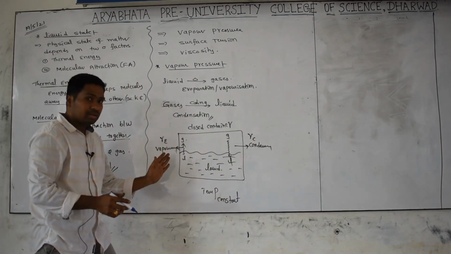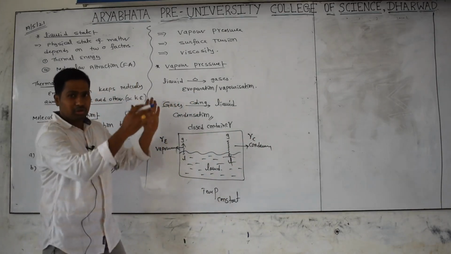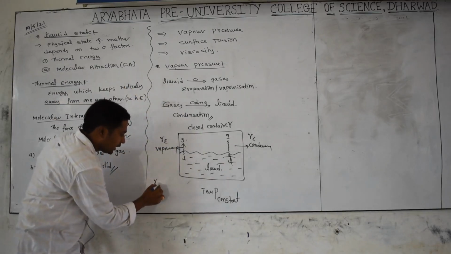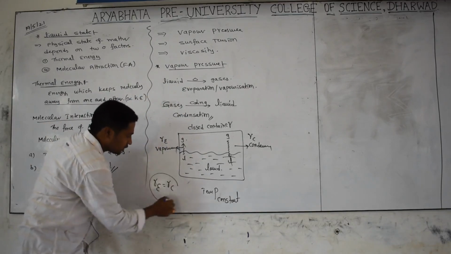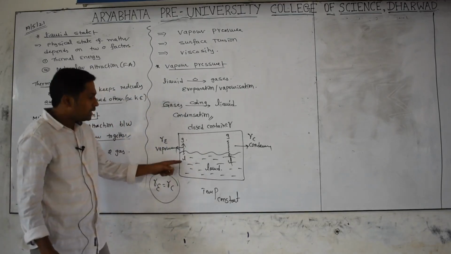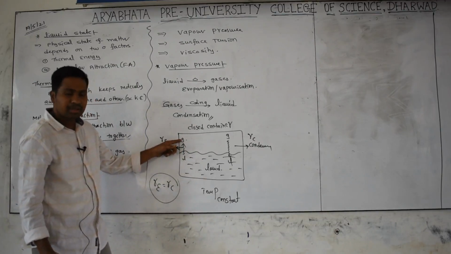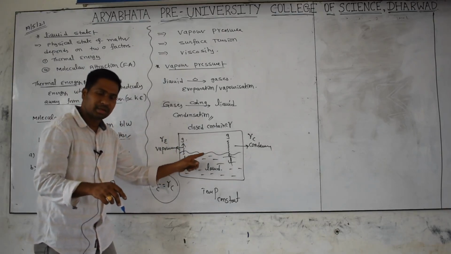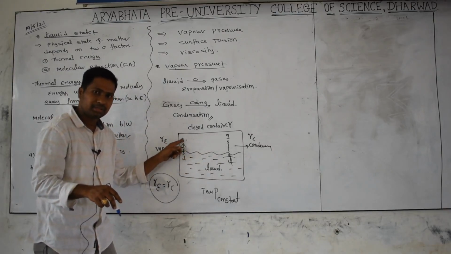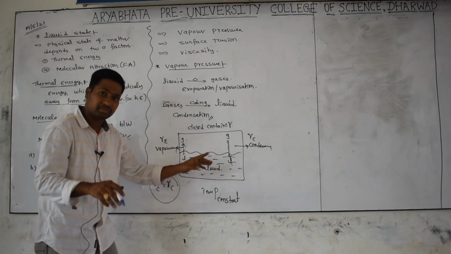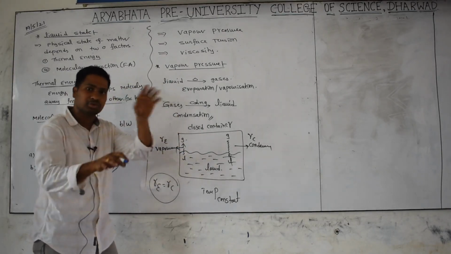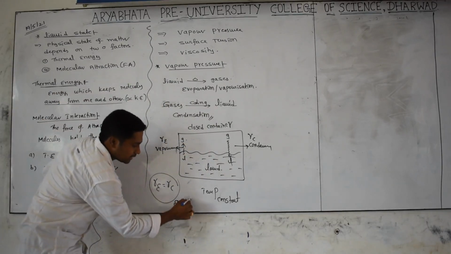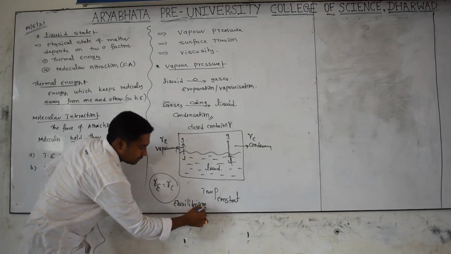Evaporation is going on, condensation is going on. At a particular state, what happens? The rate of evaporation equals the rate of condensation. What is the meaning of this? However many liquid particles convert into gas particles, at the same time the same number of gas particles convert back into liquid particles. For example, 10 molecules convert like this, and 10 molecules reconvert like this, so the speed of evaporation equals that of condensation. That state is called the equilibrium state. We will see more in the next lesson.